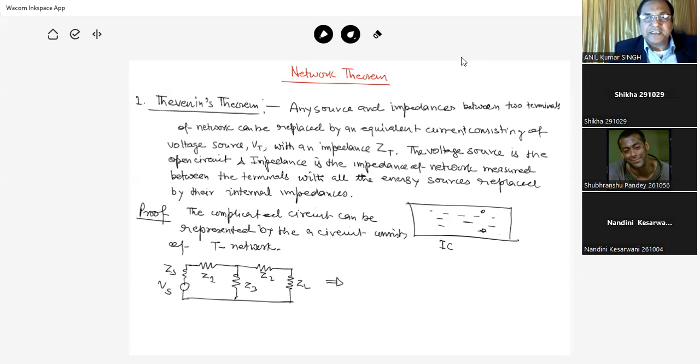सर्किट के स्टेटमेंट को जरा फिर से पढ़ा जाए। Any source and impedance between two terminals of a network can be replaced by an equivalent circuit consisting of voltage source VT and an impedance ZT। ठीक है, तो कोई भी पार्ट है, अब इसको हम रिप्लेस किससे करेंगे? ये एक सोर्स हो जाएगा और एक इम्पीडेंस हो जाएगा, this impedance is ZT। थेवेनिन का VT is the source and this one is the impedance, है ना। The voltage source is the open